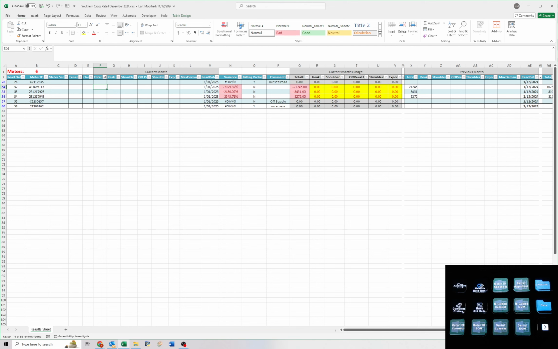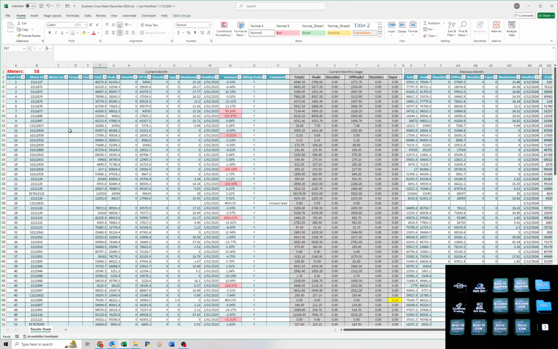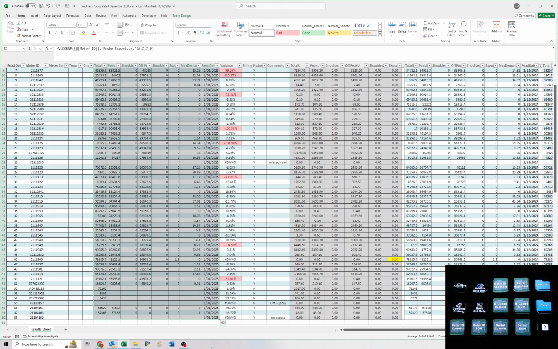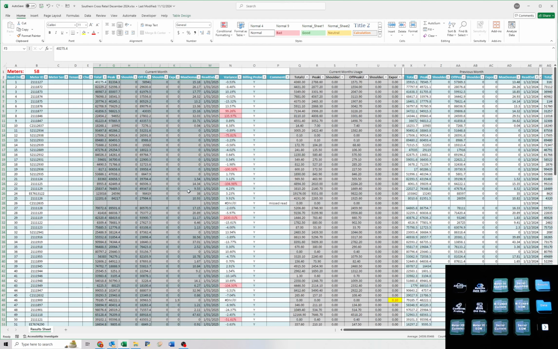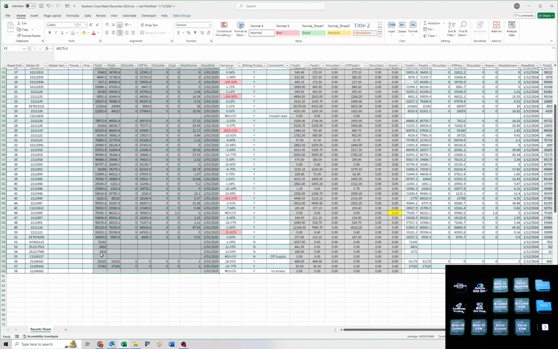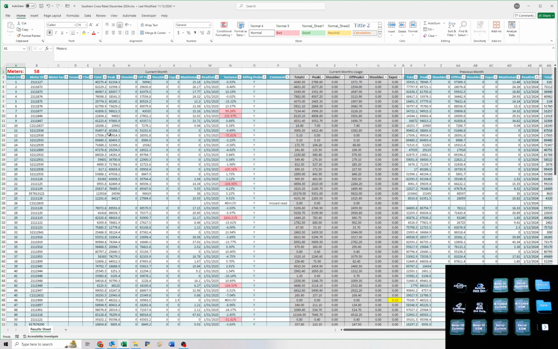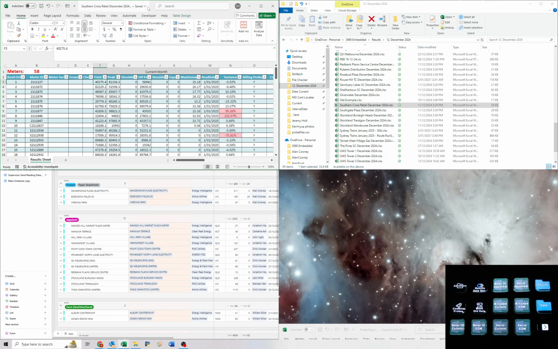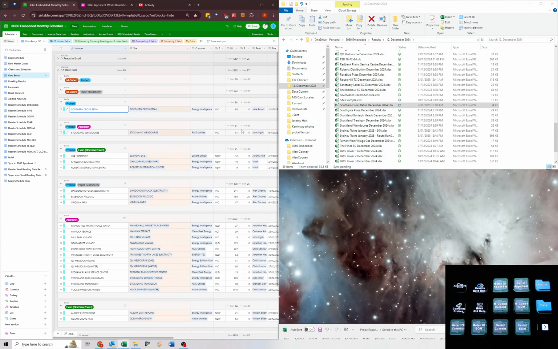Cool, so just give us a sec. Okay, so I've just taken the photos that he sent over the text message, photos of the meters, and I've just added them in. So that's pretty much all we need to do. Just have a quick scan through here. It's missed. It's off supply. It's no access. That's high, but it is probed, and the max demand is a lot higher, so they are using more power, so that's okay. So yep, that's that. Southern Cross is done. We'll mark that off